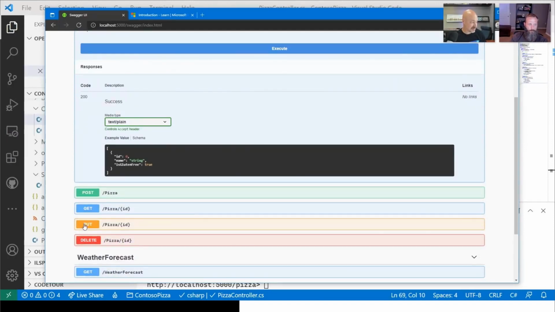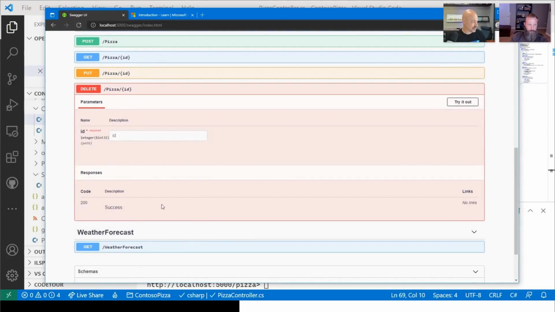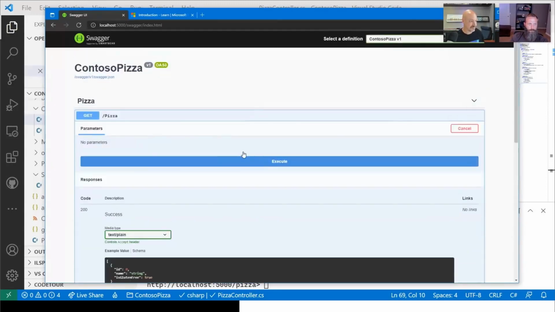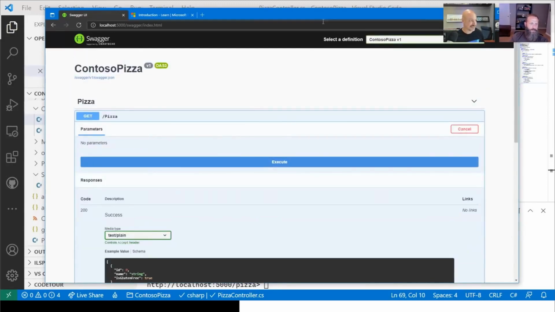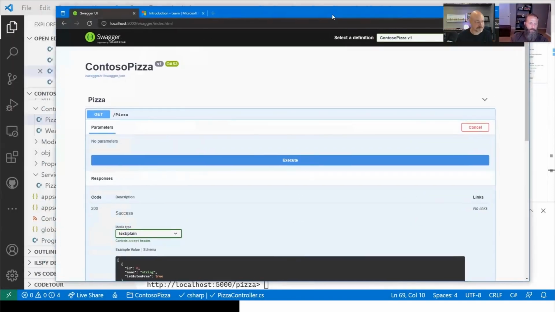It understands the parameters, what is in a pizza. So I can go through and create things and delete them here. For instance, I could try it out and delete the pizza right directly from there as well. And it's good to point out too, John, I'm glad you showed this, that the HTTP REPL